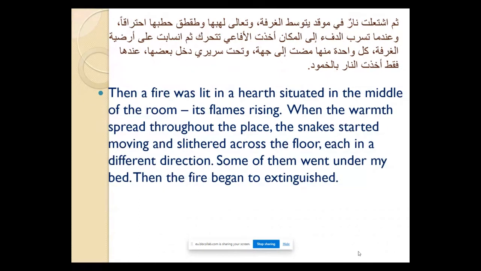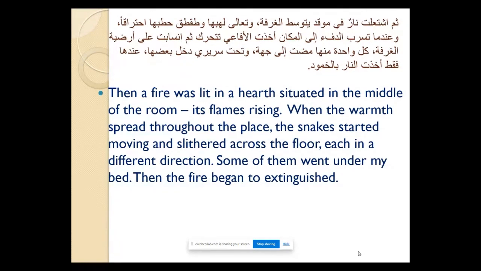Okay, I think the time given should be sufficient. I think it's interesting how the same structure was kept. So the sentence ثم اشتعلت نار في موقد يتوسط غرفة, almost exactly the same structure, and the tense was kept. So yeah, I think that's something to remark on. Okay, what else?